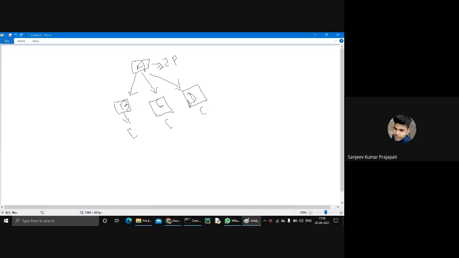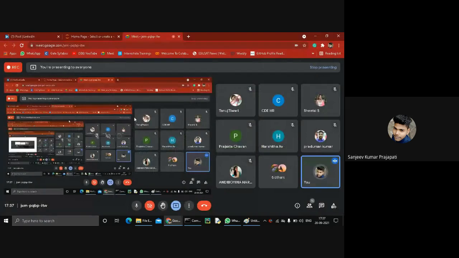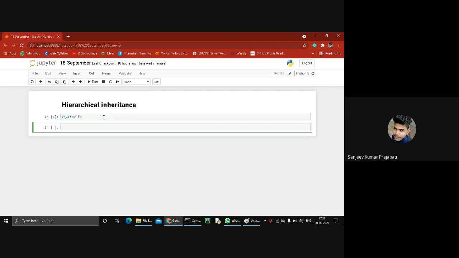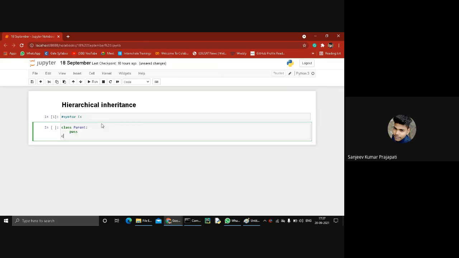So the definition is: in hierarchical inheritance, all child classes contain only one parent class. The syntax is how to create hierarchical inheritance. First we create a parent class and just pass it, and next we create a child class,